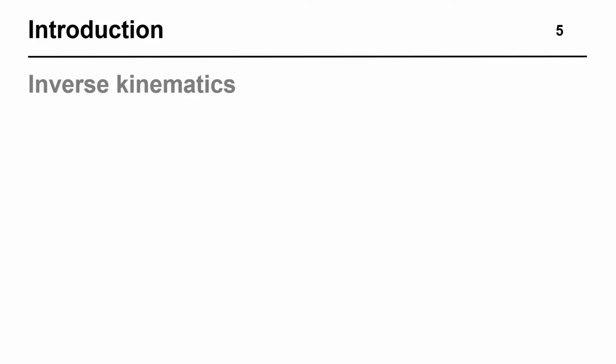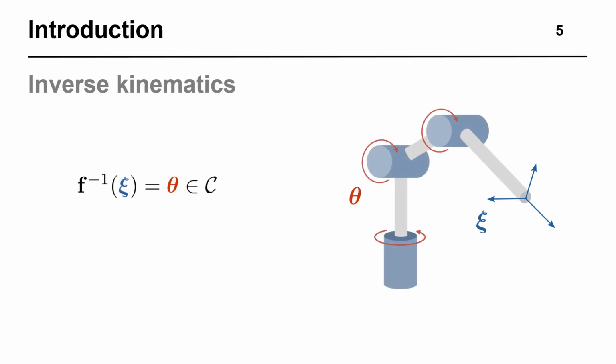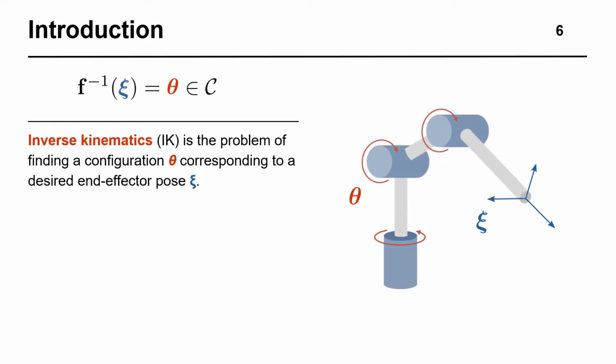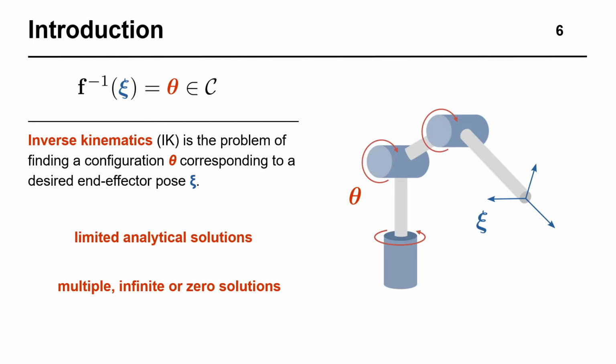Generally, problems like reaching, grasping, and servoing require us to find configurations that correspond to a given operational space vector. This is known as the inverse kinematics problem. Ideally, we would simply use analytical techniques to invert the forward kinematic mapping. But this is difficult, and general solution strategies only exist for spatial kinematic chains with up to 6 degrees of